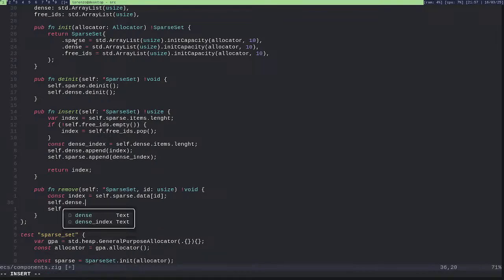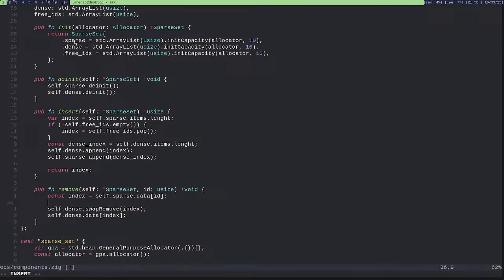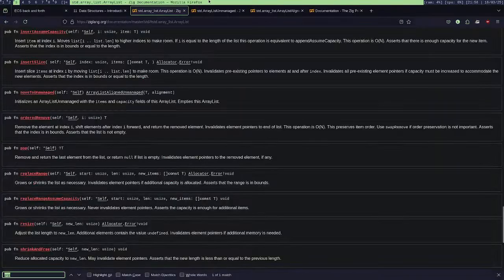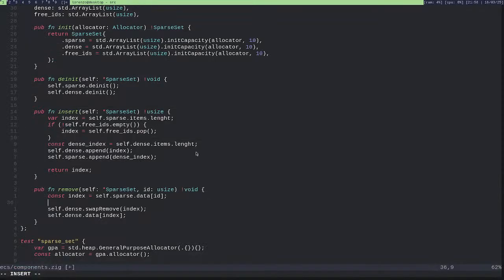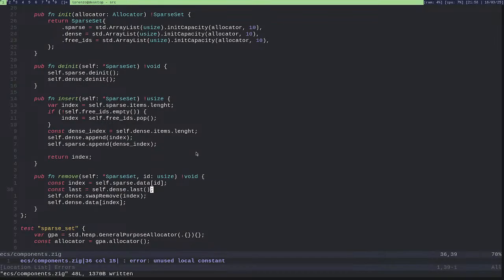So I can just call dense.swapRemove(index). Then before doing this, I have to get what's the last one. Can I get last? Okay. So const last is equal to self.dense.last, and with this, I will have to update.